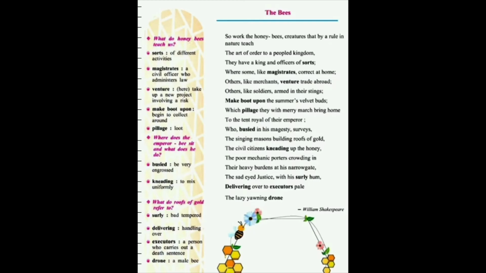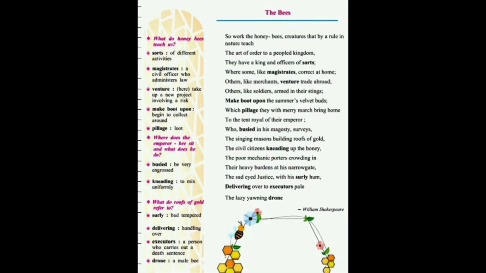The sad-eyed justice with his surly hum. Now what they are saying, the justice, sad-eyed justice. Justice means the one who is going to provide you justice, the one who is your judge, you can say. We saw in the starting that it was a kingdom, right? They have kings and various officers, out of which one is the judge who provides justice. So with his surly hum, he is very bad tempered, the justice, the judge, and he is delivering over to executor's pale the lazy yawning